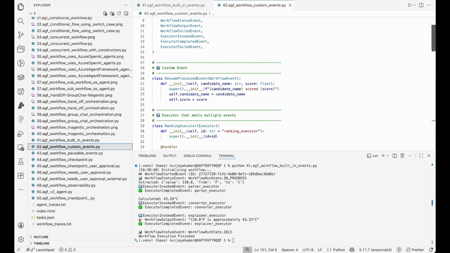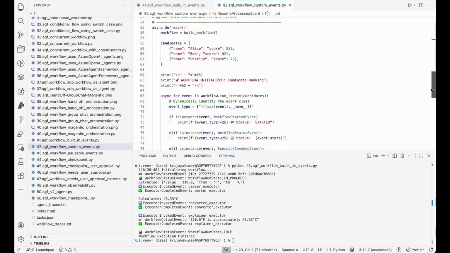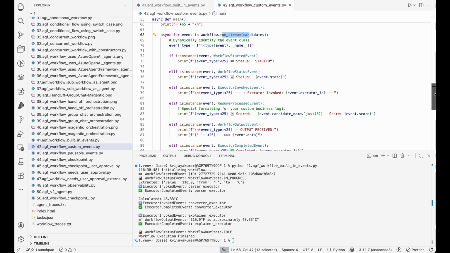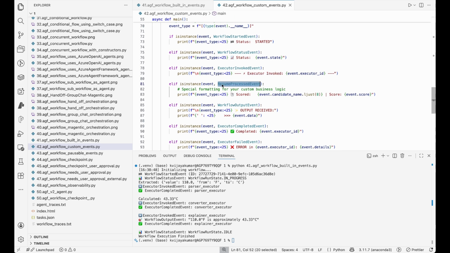In this case, if you come over here, I'm going to create something called resume processed event. I'm going to pass some information. The workflow is going to process the resume, and when it processes the resume, it is going to emit this resume processed event. This event will have this information: candidate name and the score. So these are all the candidates that I have, right? When you start the workflow run stream, it is exactly the same thing here. The only thing is that this time around I will be looking for this particular event, resume processed event,